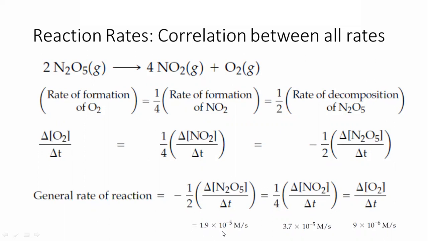So the net conclusion is, when you calculate the value, at the end there is no need to write down the minus sign, because when it is in the symbol form, you are putting the value minus. When you have written this is the rate of decomposition of N2O5, then the value must be 1.8. There is no need to write the minus sign because you have already described it is the rate of the decomposition.